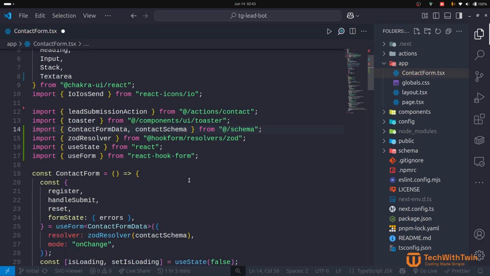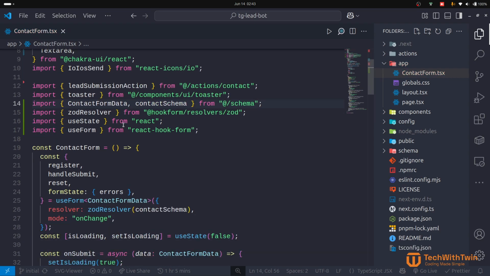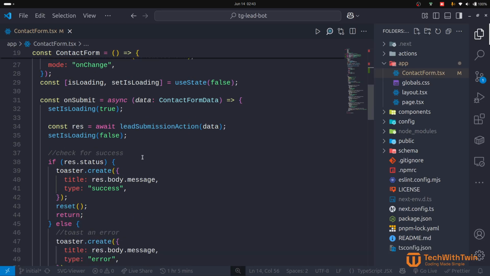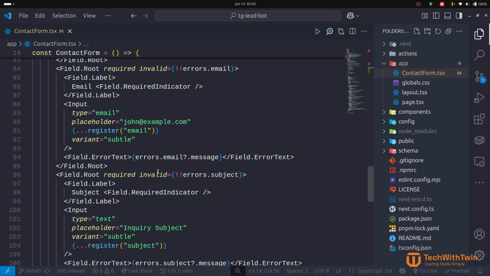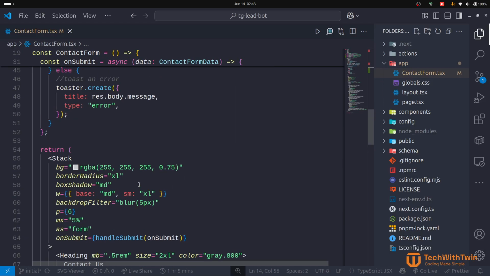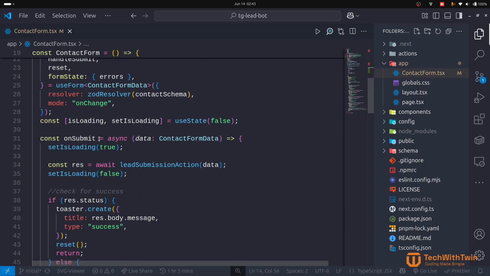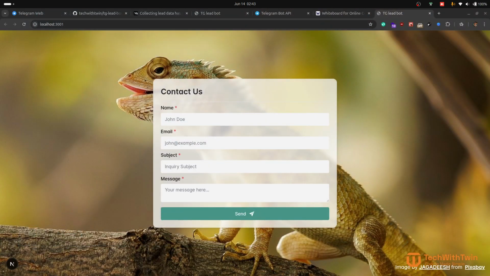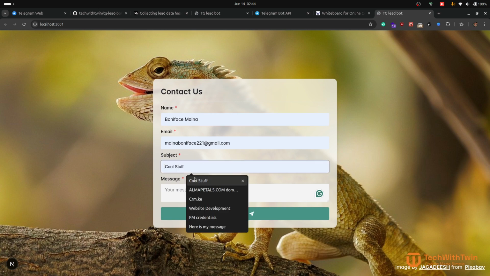So in our contact form, we do have a form, and our main goal is not to work with the form. I have already inserted everything we would like to work with. Our main goal lies inside here. Whenever the form is submitted, the form has different fields as I showed you: name, email, subject, and message. This is the data we are going to submit to Telegram. And in case I fill this data,